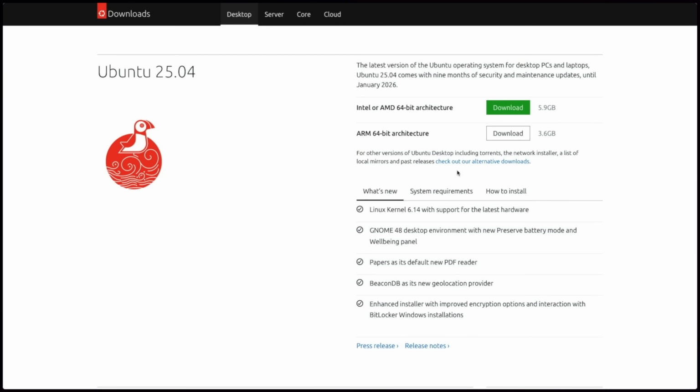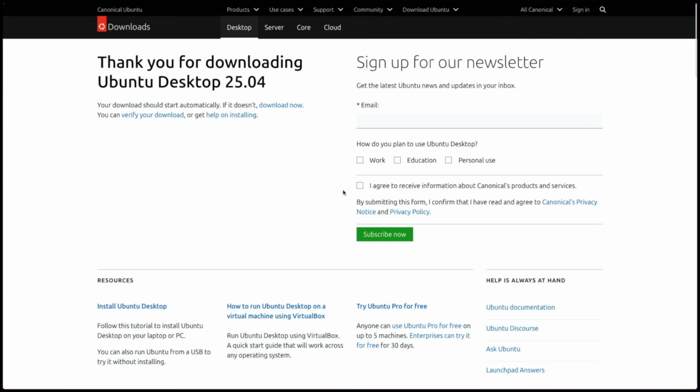For me, Ubuntu is not going to be installed for very long, so I'm going to pick the newest cutting edge version. At first glance, if you're not reading the webpage properly, you might think that you need to sign up to this newsletter in order to download Ubuntu. But it does say clearly there on the left that Ubuntu should be downloading, and it's downloading for me, so you don't need to sign up to anything. Next up, as I specified earlier, I'm not doing this as a tutorial this time, so this next section will go a lot quicker.